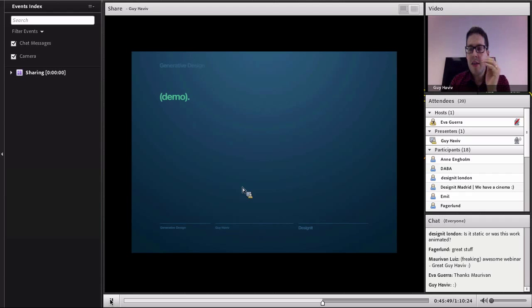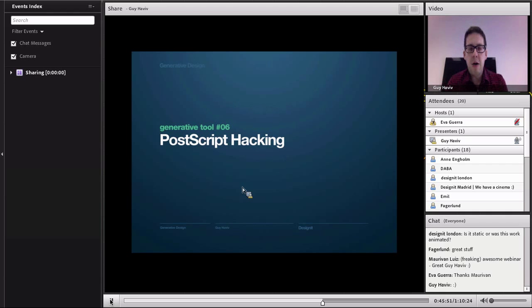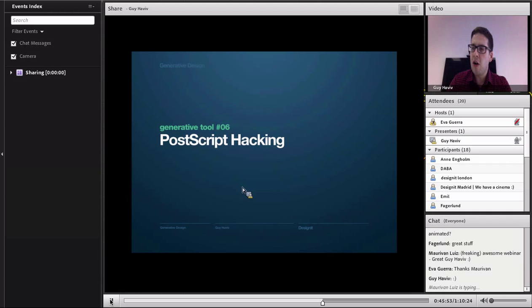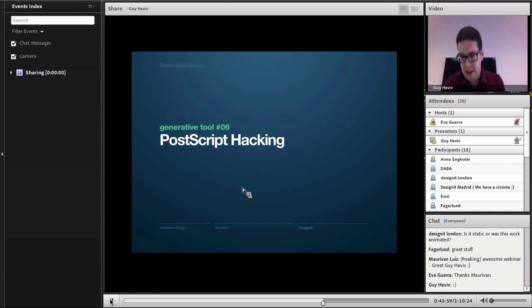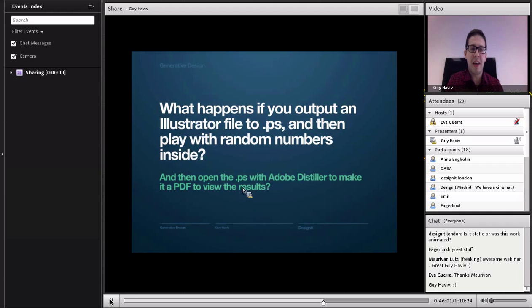And maybe this is a really geeky thing now. Maybe the mother of all of these tinkering-with-graphic-tools is tinkering with PostScript. Let me tell you what I mean. This is a bit more geeky than most of the things we've seen until now. But